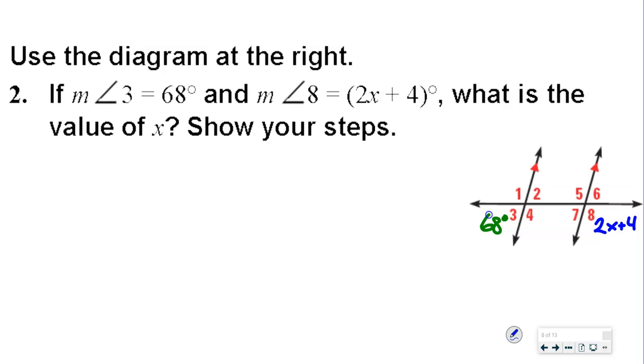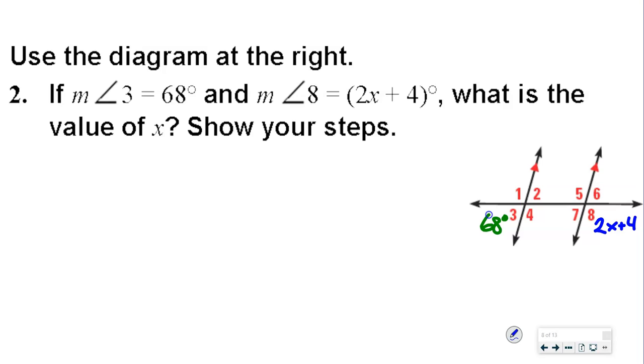They're not alternate exterior. They are both exterior angles, but they're not alternate exterior. They're not corresponding because they're not in the same position. They're not alternate interior, and they're not consecutive interior because they're not on the inside. And they're also not vertical angles. So they're none of those. So we need to identify,